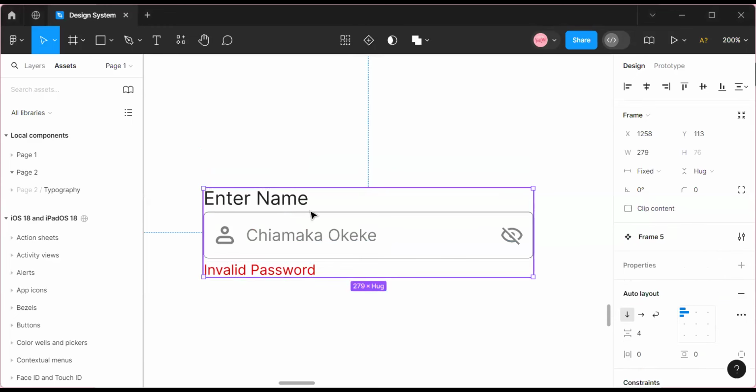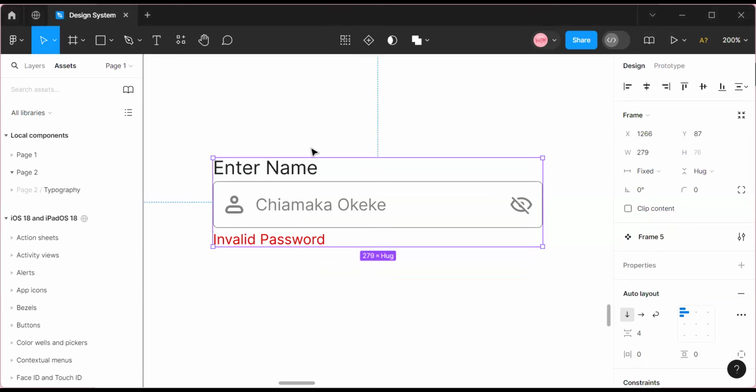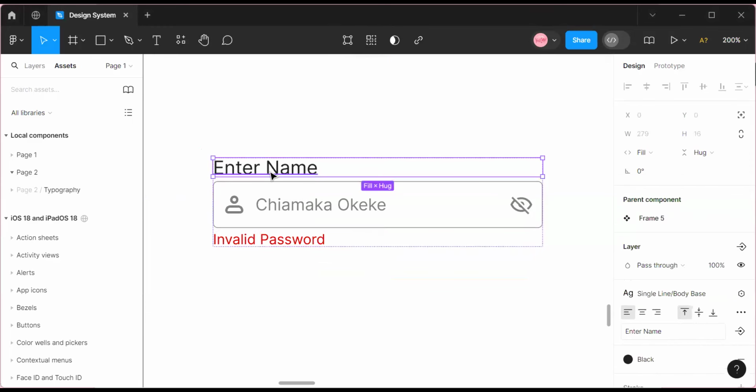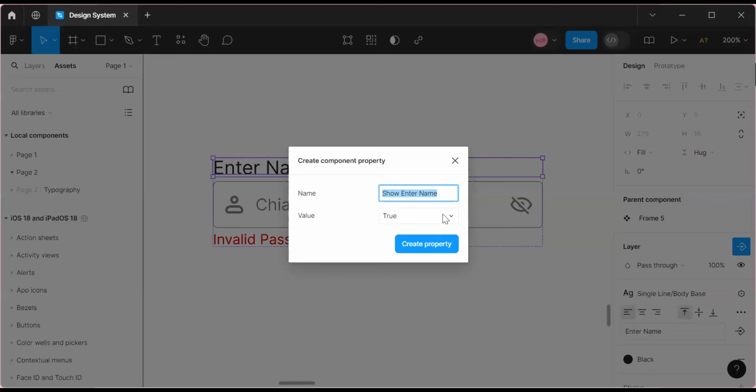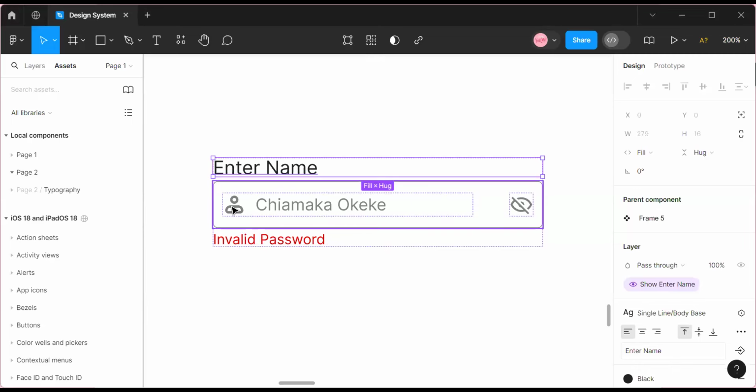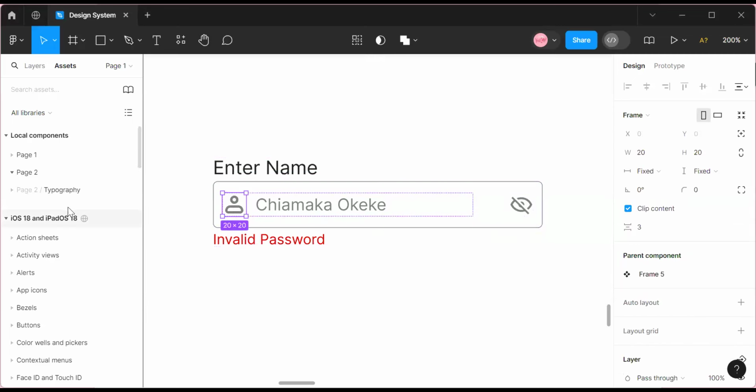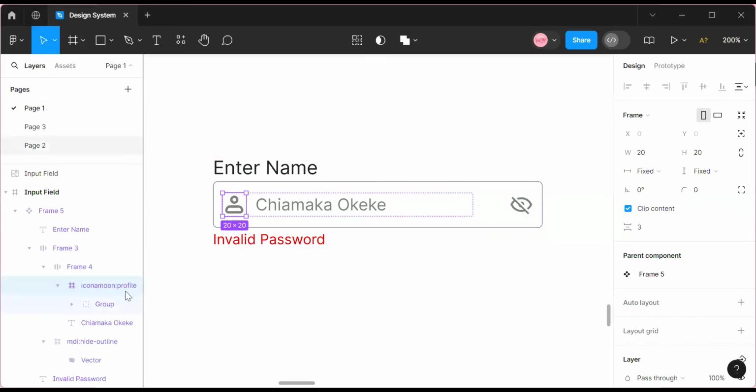Making it a component. When we make it a component, we're going to go ahead and add Boolean property to each of them. So we're going to start with the header text. So we're going to go to the layers and we're going to show text and true. The next thing we're going to do is icon. Before we continue,